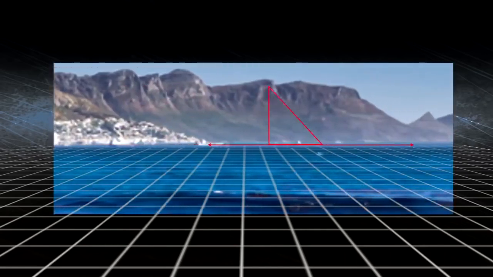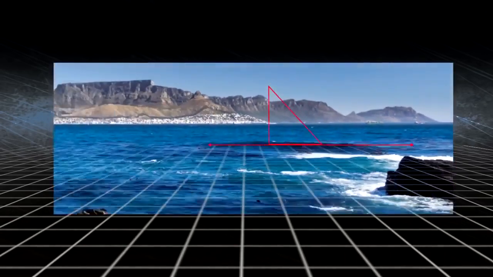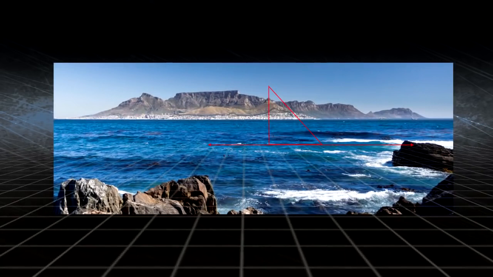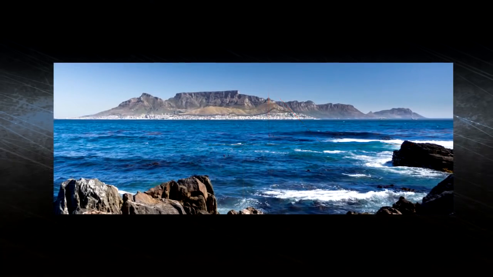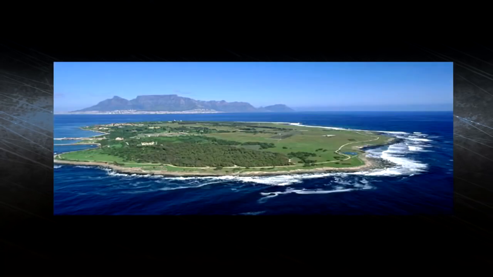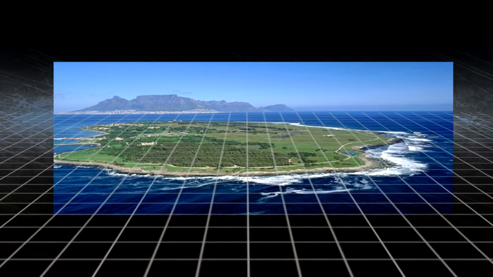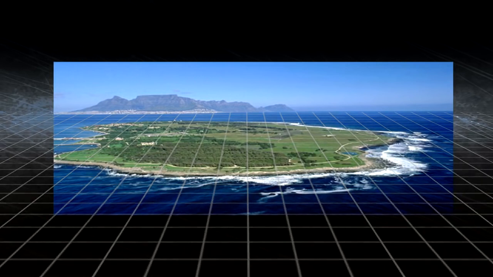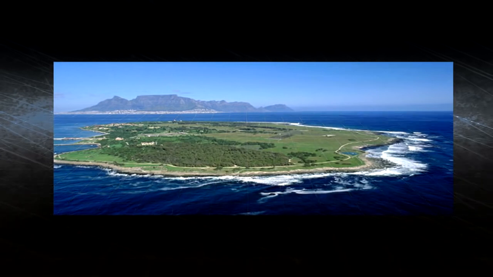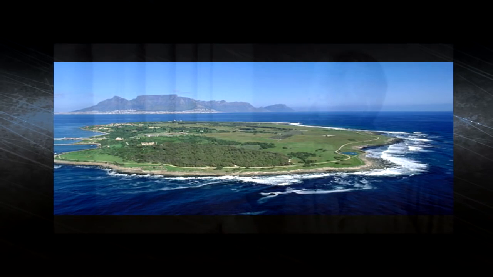The buildings aren't falling over, and neither the mountains falling over. See, these mountains, the further away they are, they raise up. So there's no curve from Robben Island. This is Robben Island. There is no curve in the ocean from Robben Island to Cape Town, or from Robben Island to those mountains in the distance. So we've been taught that the Earth's a ball and it's spinning in space, but it's simply not true. You see, Nelson Mandela was incarcerated on this island for over 30 years.